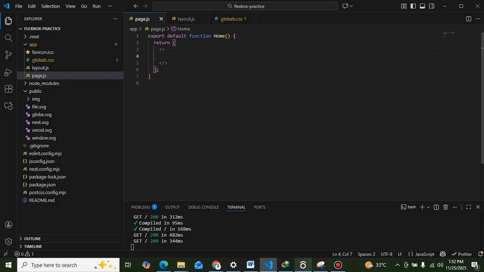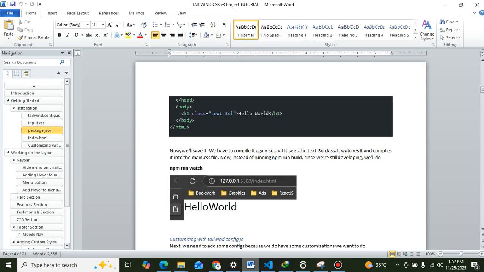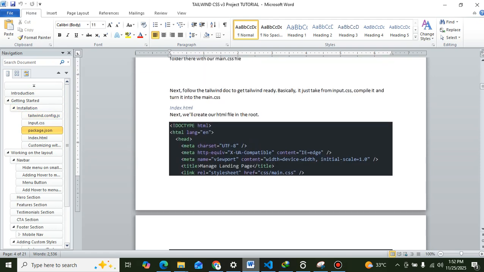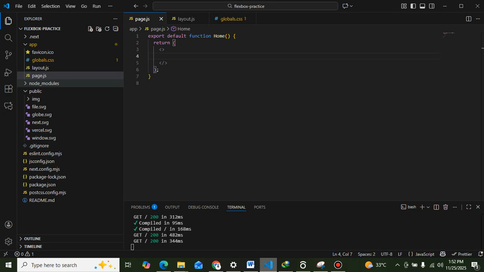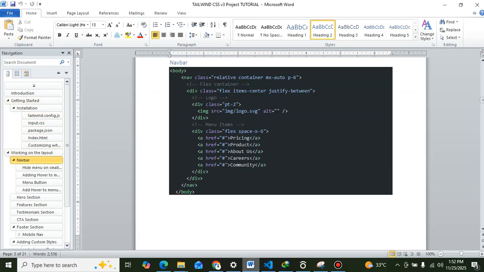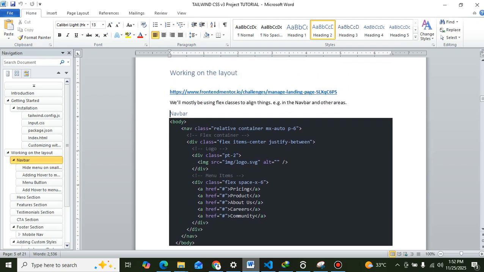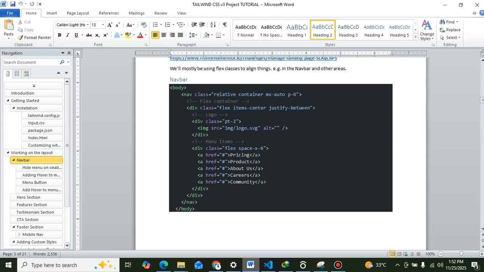The dashboard that we're going to be creating is going to have light mode, dark mode, and a whole lot of stuff that we'll be using. But in this one, just go back to the material. I think everything has already been laid down, so just skip the installation stage, because some of these installations I did not do with React, neither with Next.js, but you already know how to install all of those things and set up your project with Next.js. So skip the installation stage and go straight to the navbar part, which we're going to be working on. Okay, so working on the layout now. So for the navbar,